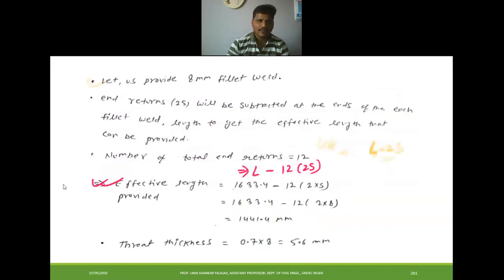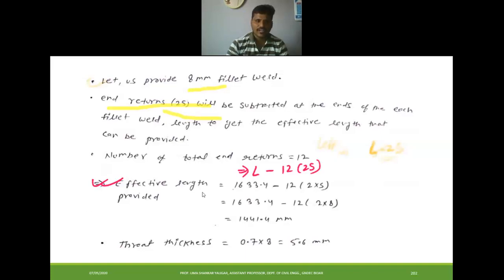Now we will calculate the effective length of the weld required. But before calculating the effective length of the weld, whenever there is an end section, here I have taken the fillet weld size as 8 mm. Directly I have assumed the size of the weld as 8 mm. Another important thing we discussed in module 2: whenever the rolled section is there, you will get the end returns at all the edge points, this 2s, and this we need to minus.